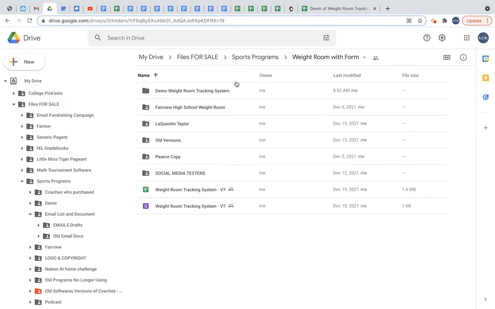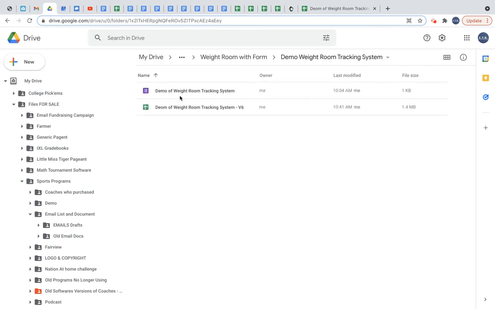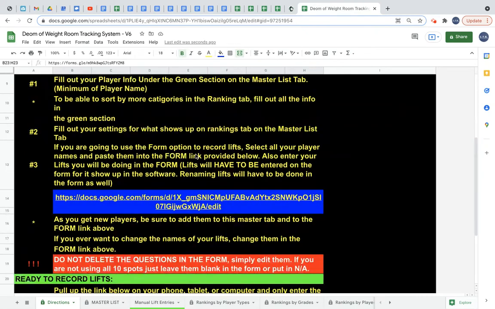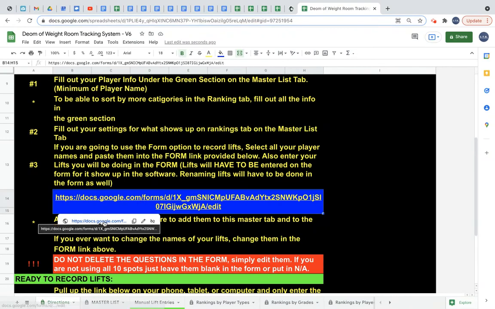So here's the different weight rooms, things I have going on. Demo folder is what I'm in. You'll have this purple link, and you'll have your software. It's just there. Okay, I have this link automatically set up to your software right here. So it says getting started. When you get ready to create your lifts, here's the form that you're going to pull up. So if you click on that and pull that up,